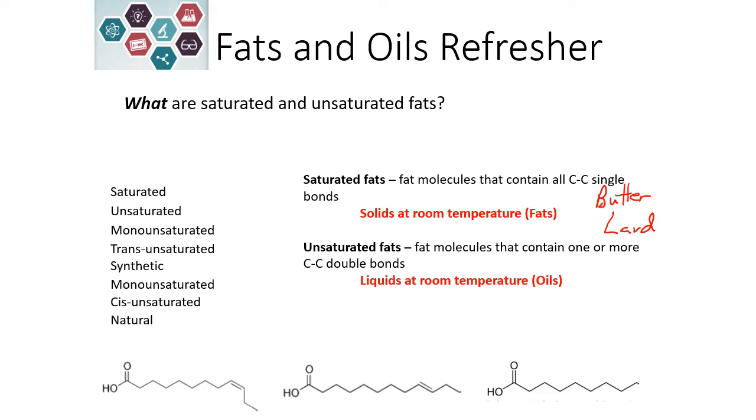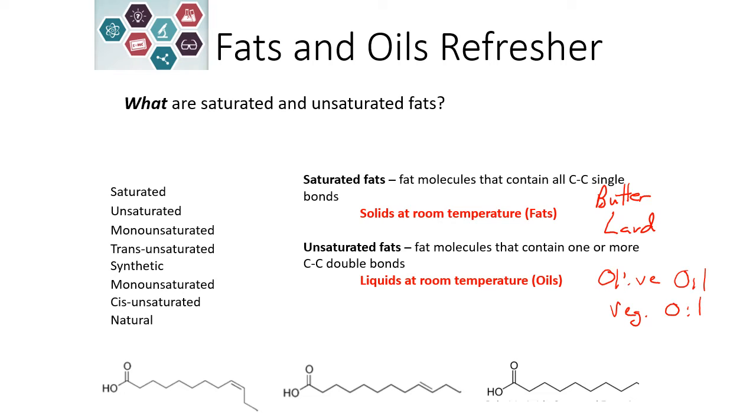We also have unsaturated fats, and unsaturated fats are ones that contain one or more carbon-carbon double bonds. And these tend to be liquids at room temperature, and we refer to these as oils. So these are things like olive oil or vegetable oil, and they tend to come from plant sources. Now, coconut oil is a little bit different from that, but just in general, fats tend to come from animals, oils tend to come from vegetables or plant sources. Okay, so